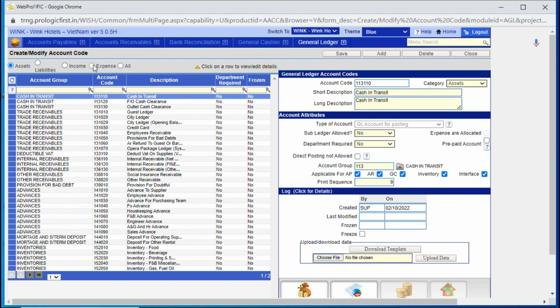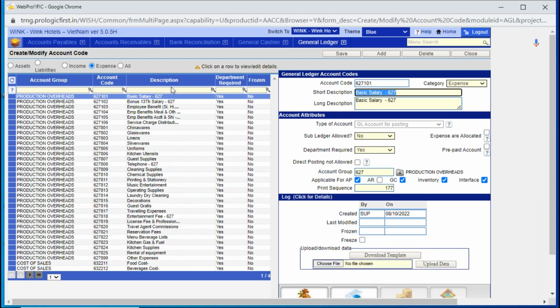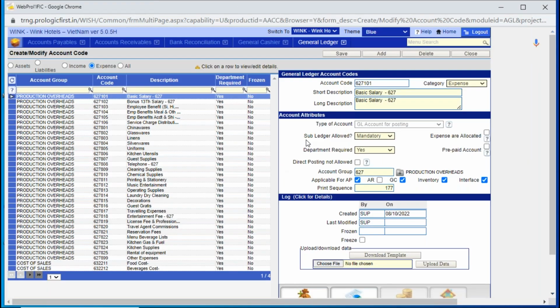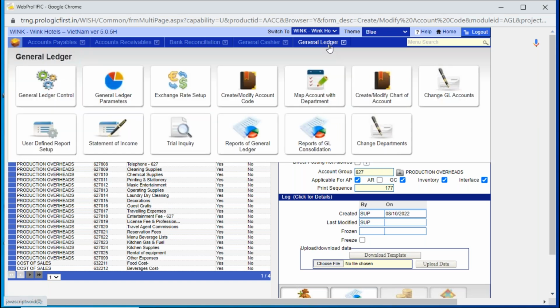Say expense. Basic salary. Subledger. Do I say mandatory? So if I say mandatory here and save, so basic salary, I have said that this particular ledger account code is a main ledger account code, but it will have subledgers where the actual postings will happen. So when I say mandatory here, in the general ledger module,